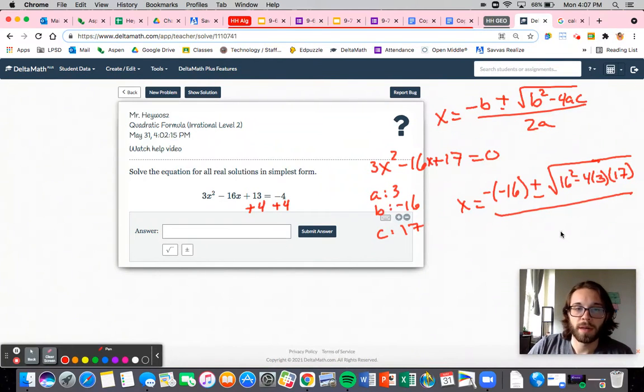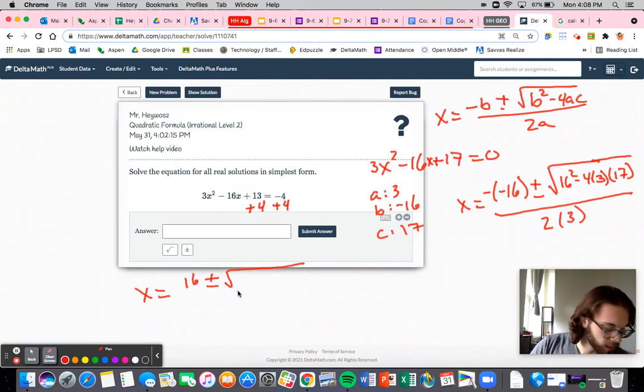And then all over 2 times 3. All right? So what do I have? Let me just simplify this over here. So I have a negative 16 is just 16, plus or minus the square root of,